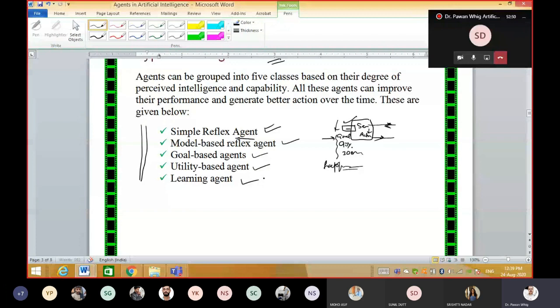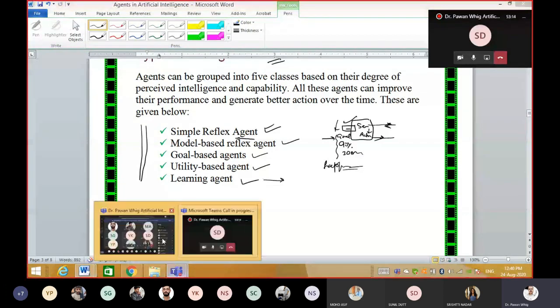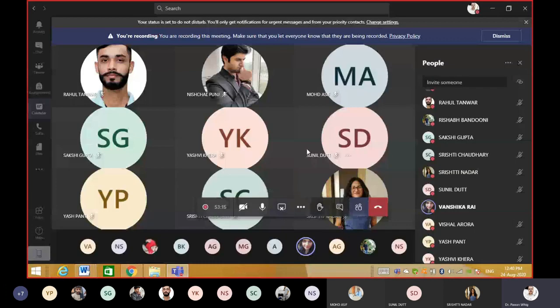And the learning agent is the last one, which keeps learning by itself. How? By taking your feedback or your critics, whatever is given, it gets stored inside the memory, and whenever it does the second task, it will take your feedback as an experience. So I think now we'll move towards the questions. Anybody have any questions? Please ask me.